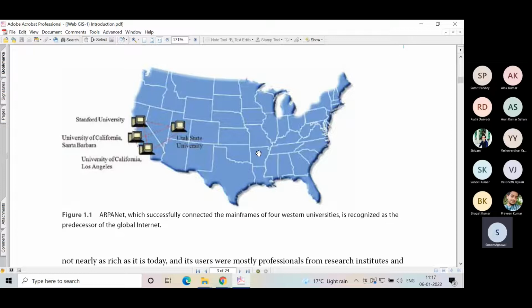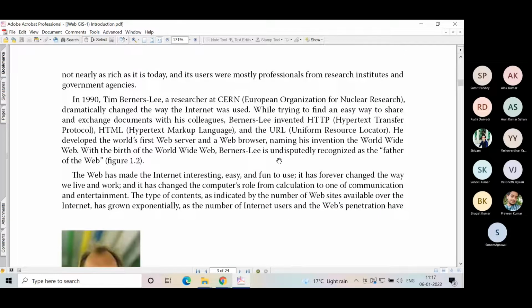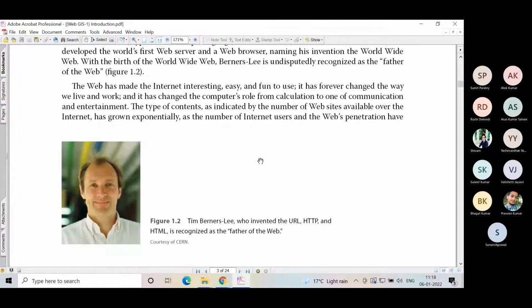In the 1990s, there was a person called Tim Berners-Lee. Berners-Lee did some research and developed the hypertext transfer protocol and the URL, uniform resource locator. He developed the World Wide Web there, and